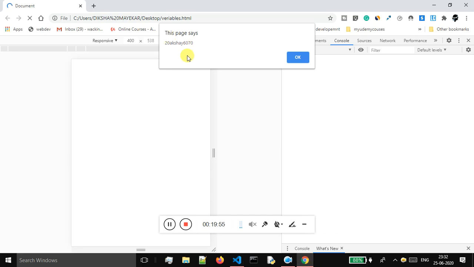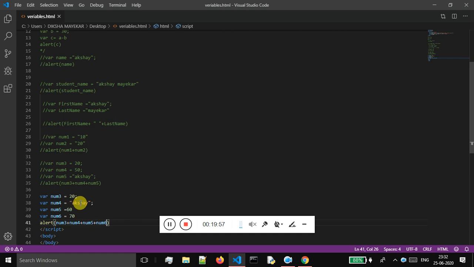This is because we have a string and we are adding this string to the variables, so the entire set of variables gets converted into a string, and that is why we are getting 20Akshay6070. But suppose I am